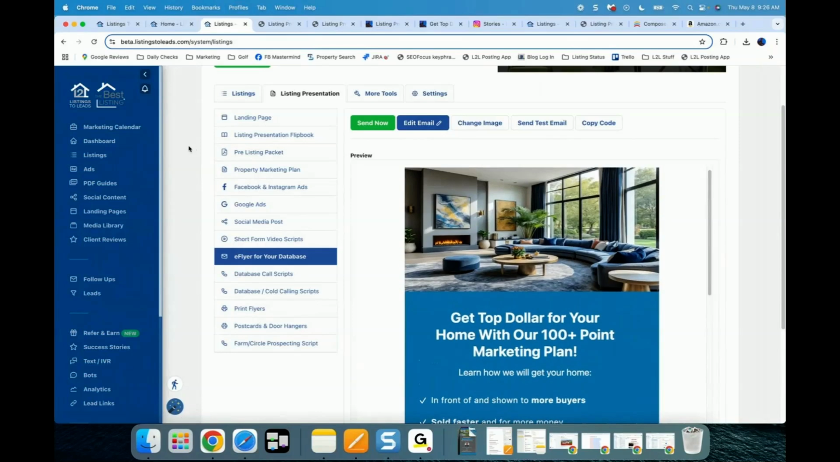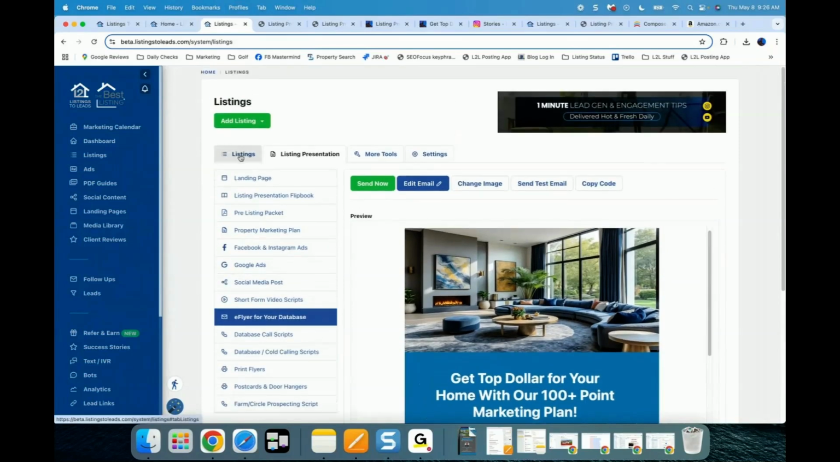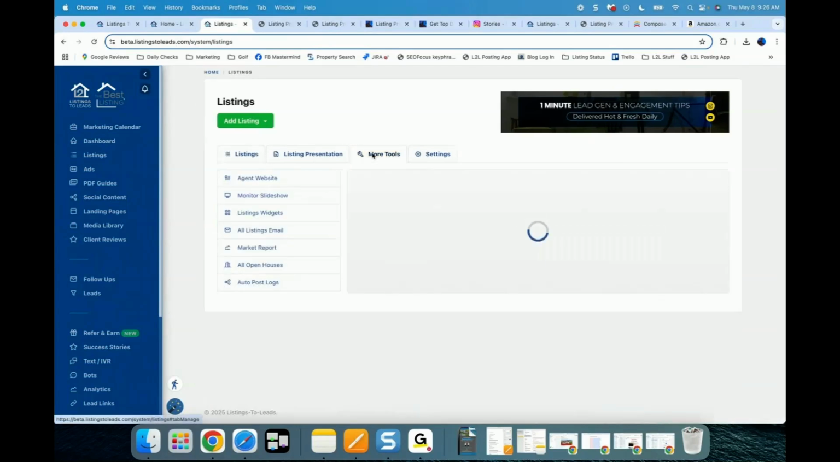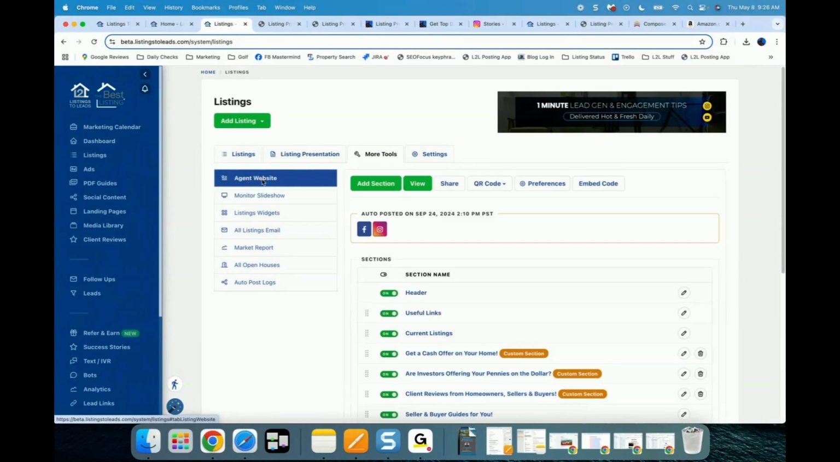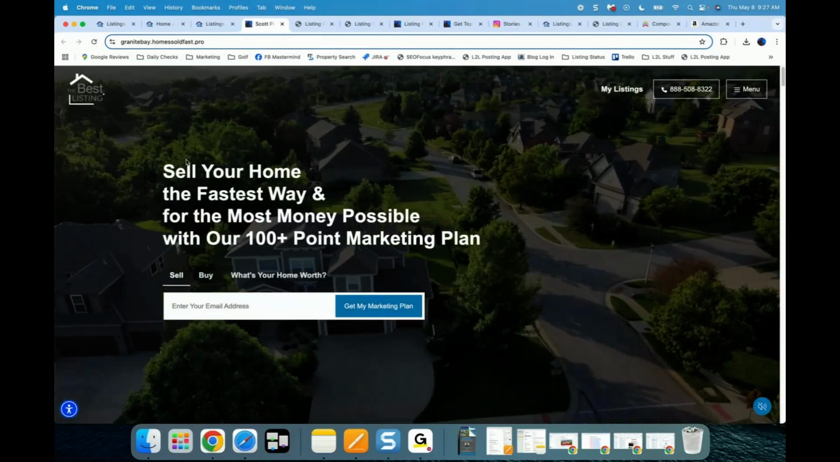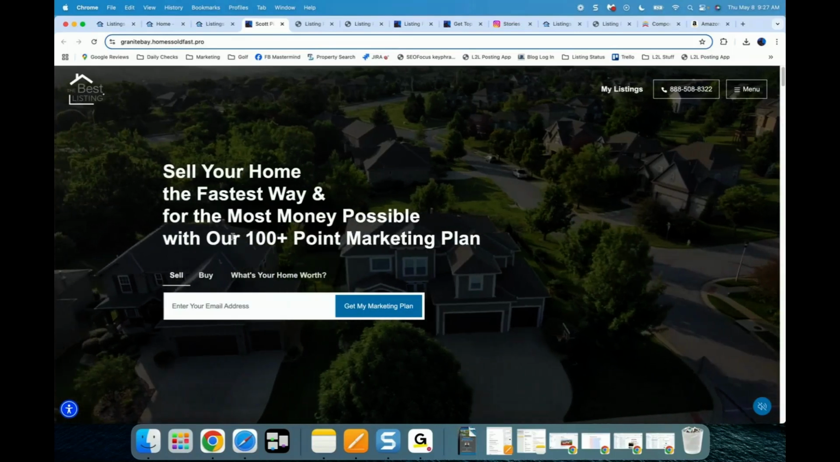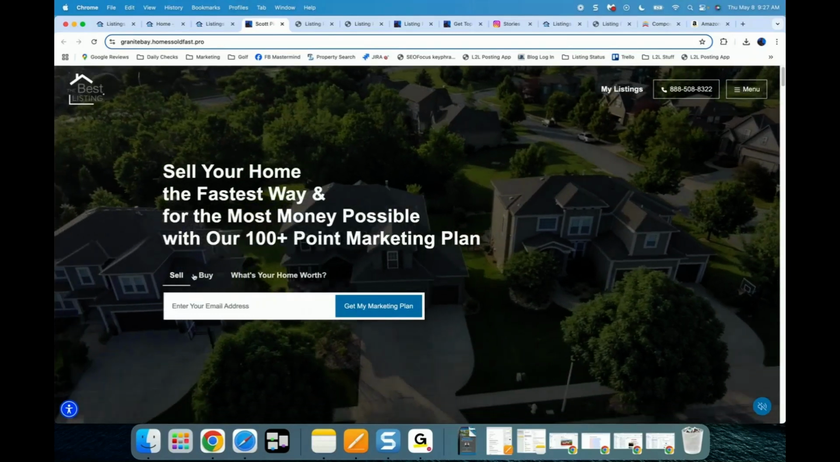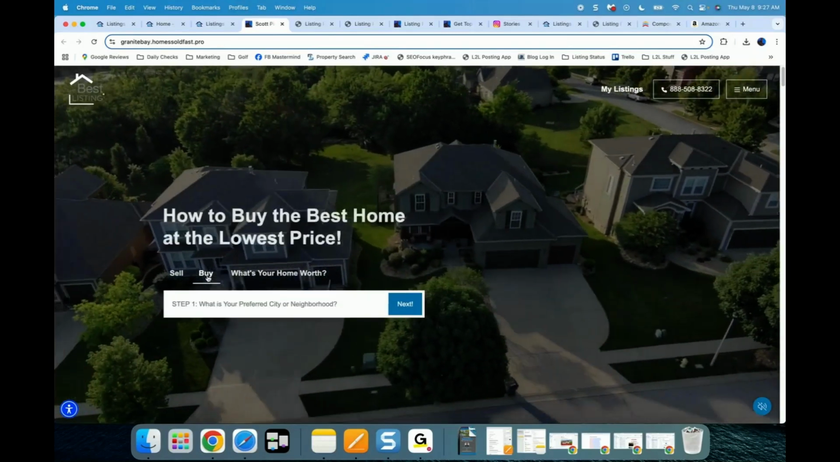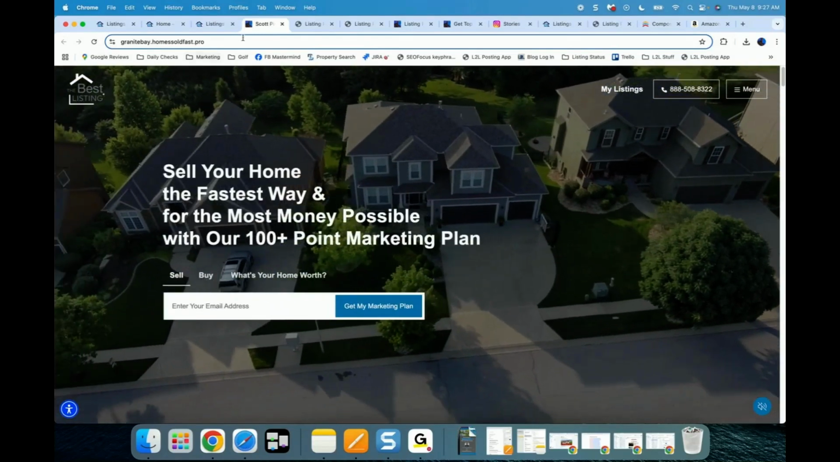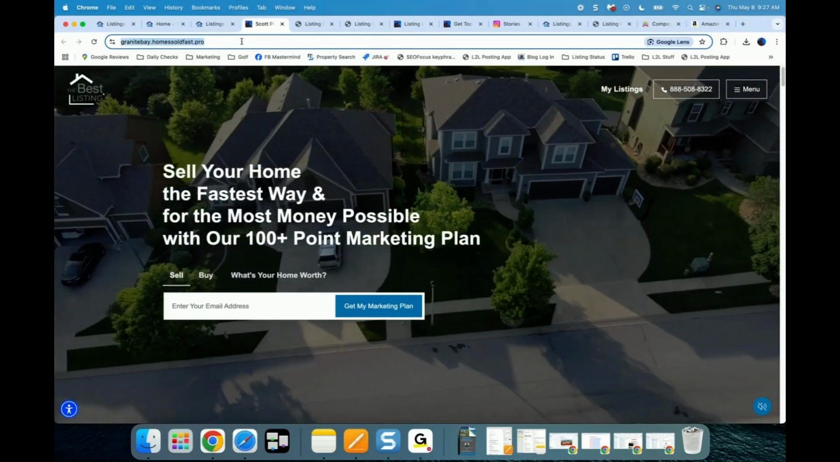In fact, one other thing you could do: you've got the landing page, but under more tools, you have your agent website right here. If you click view, this is what we were looking at a little bit earlier when I was showing you off of Instagram, sell your home with a 100-point home marketing plan. This will rotate between the 100-point home marketing plan, a buy message, and then what is your home worth? If you want to use this URL, which is a great URL to use,